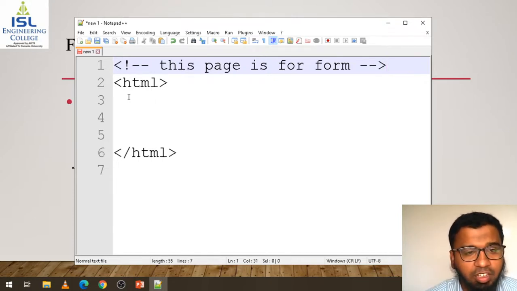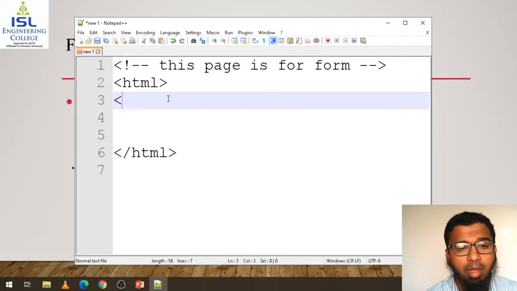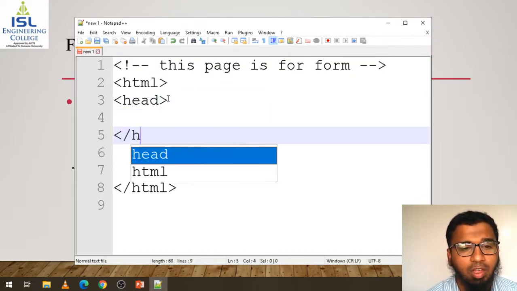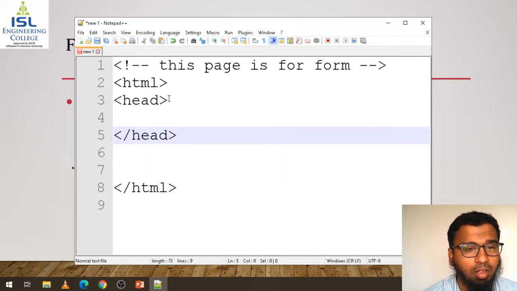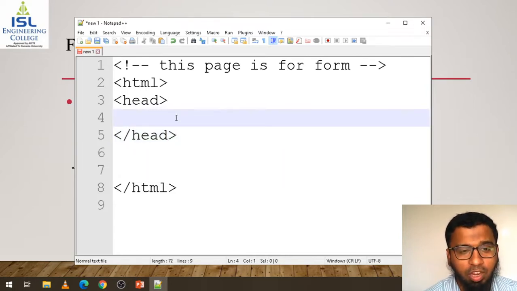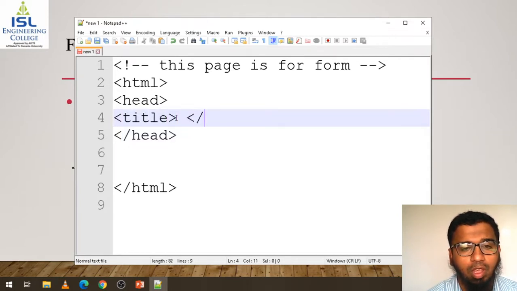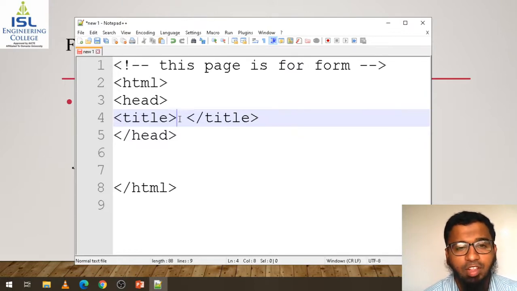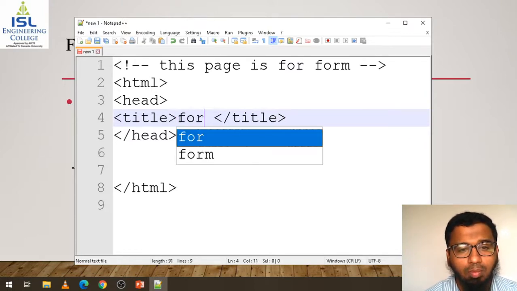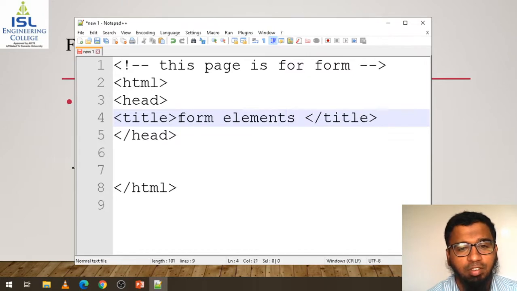The next is the head. In every code we will have the head tag. In the head tag we need to write the title. What is the title now? I am giving the title form elements.